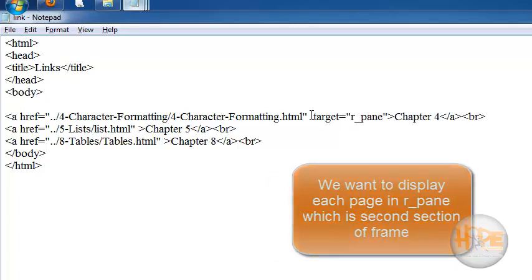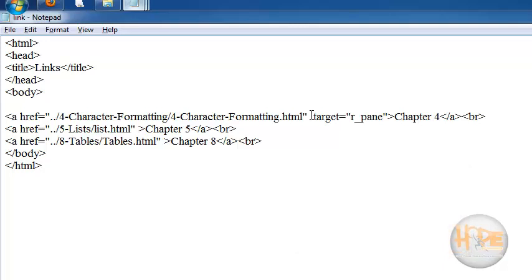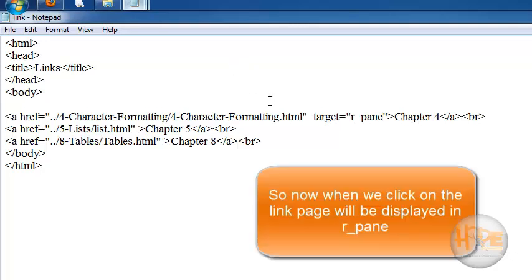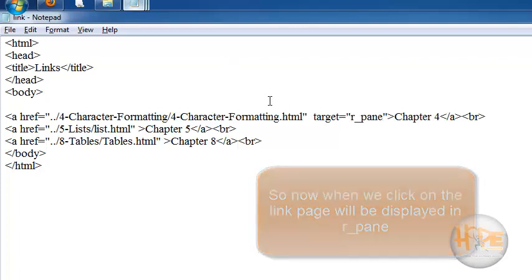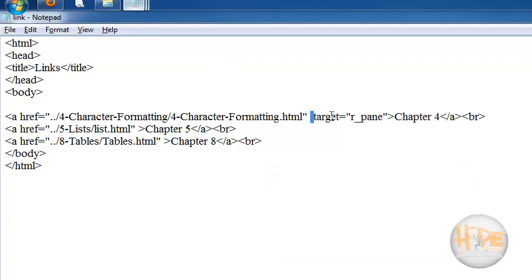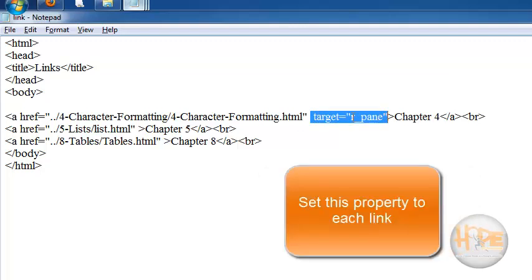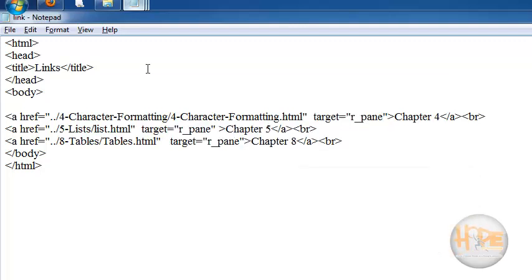What will the target attribute do? The target attribute will redirect this page and display it in rpane, meaning in the doc.html section. So when you click on chapter 4, this page will be displayed in the right section. So write target equal to rpane in each link and save this.